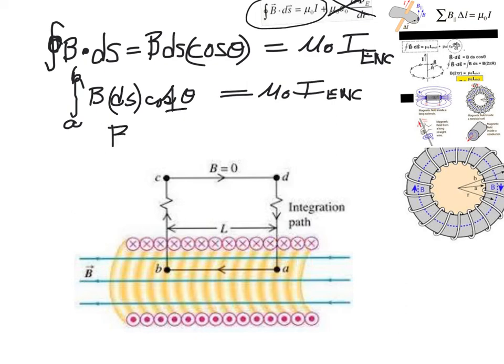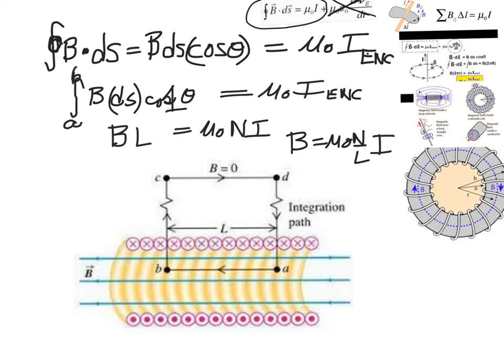So out of this we get B times L, and that's equal to mu naught times I enclosed. But I enclosed will be the total number of wires in this rectangle, and so we'll call that total number, whatever it is, N times I. And when we divide both sides by L, we get the result that B equals mu naught N over L times I,